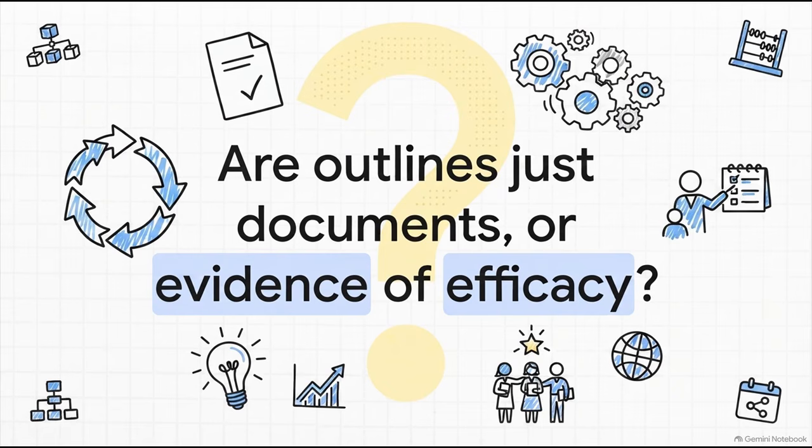So, let me leave you with this. Are your course outlines just documents, or are they living evidence of your collective efficacy? When you approach the DP Common files, and specifically tools like version 3 of the DP Sample Planner, not as administrative burdens, but as deliberate, evidence-informed opportunities to genuinely connect with your peers, you transform a bureaucratic checkbox into a